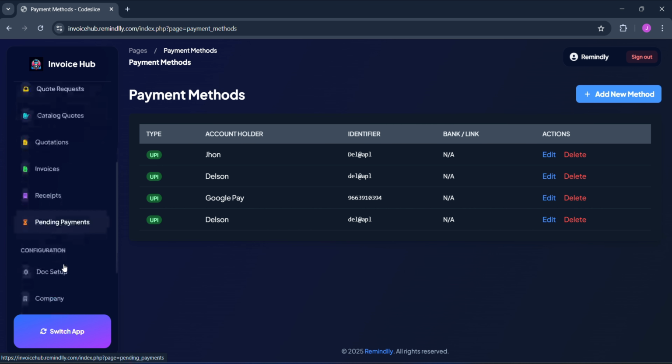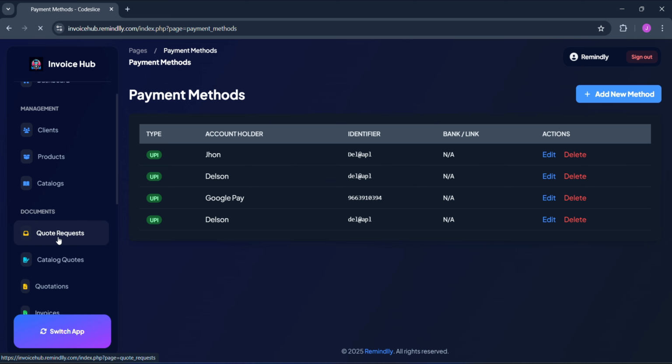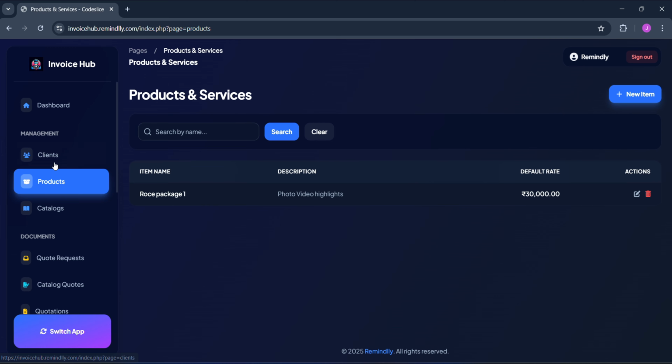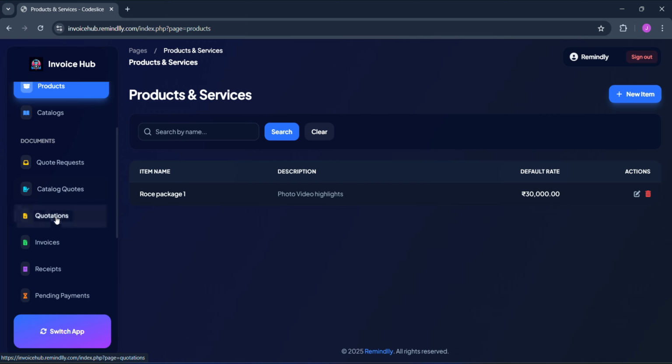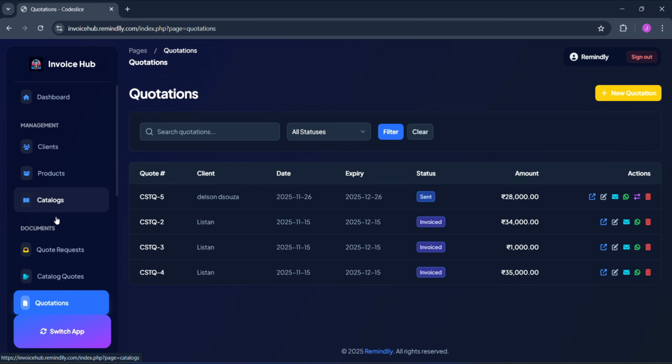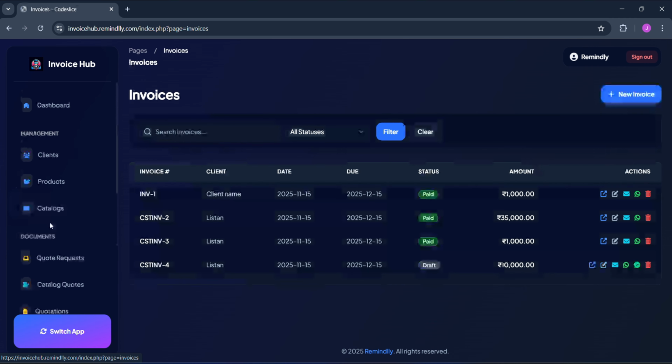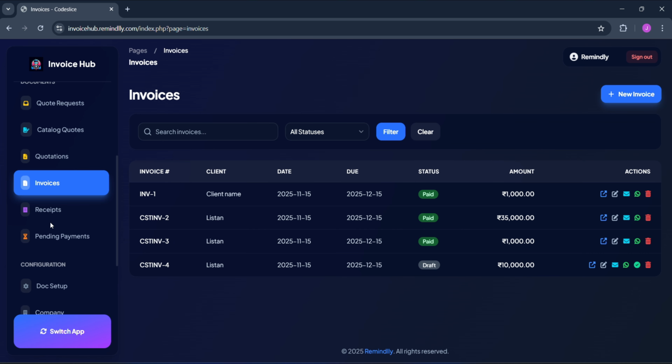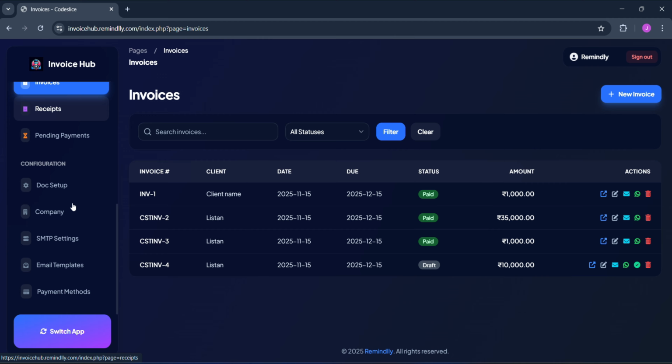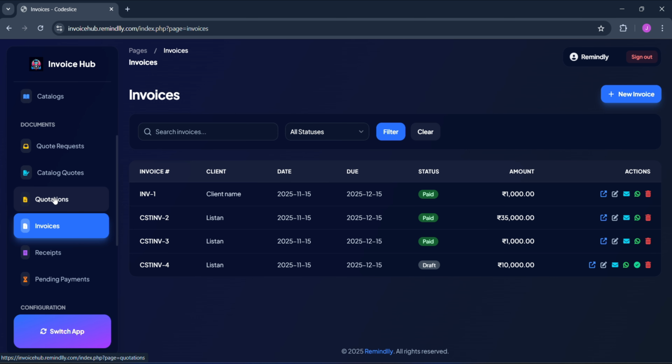next step, that is creating a quotation. Or sorry, where is quotation? Okay, quotation, or invoices, receipts. Here you can create documents. Let's say you have to create a quotation, simply come to quotation,